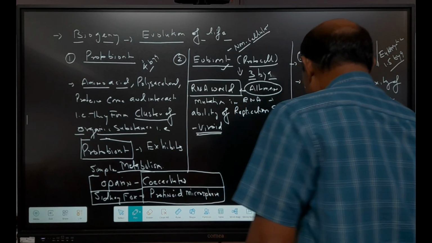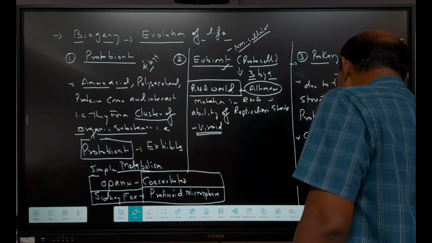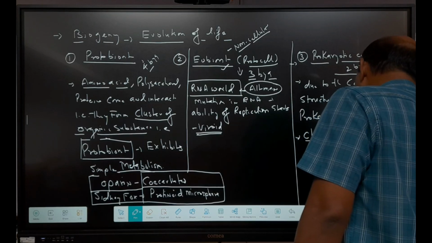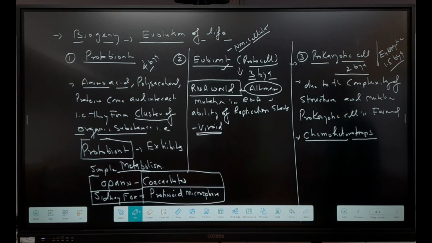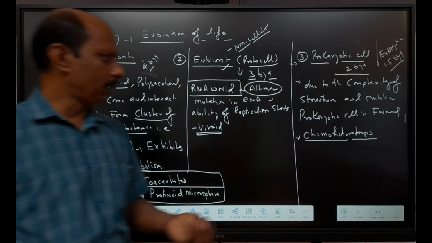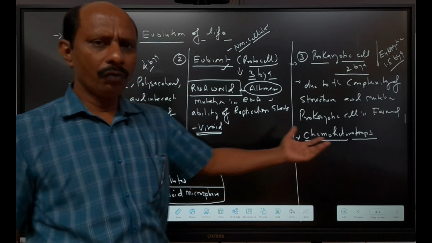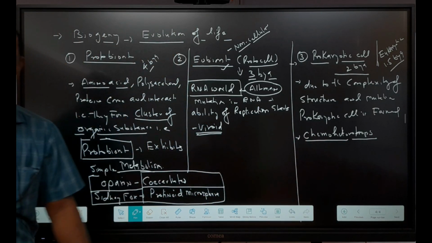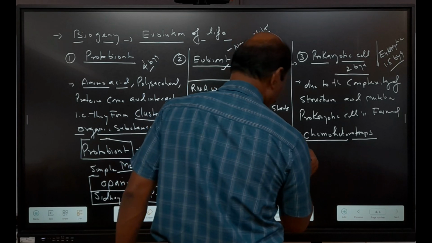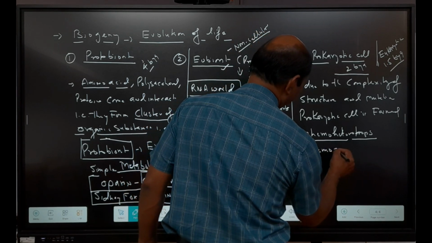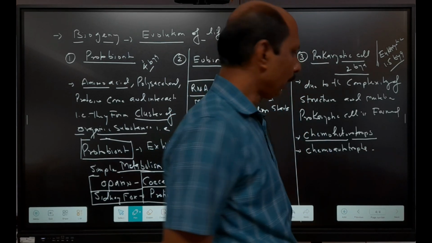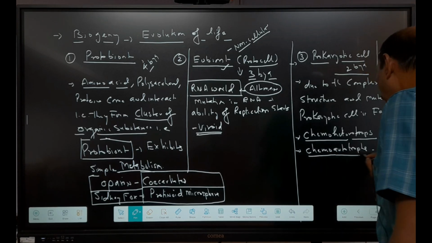And this cell is a chemoheterotroph. First is chemoheterotrophs. These chemoheterotrophs at that time only got energy, not food, we can say, from chemicals present in the ocean, right? Then they converted into chemoautotrophs. The chemoheterotrophs, then chemoautotrophs, and then what happens?